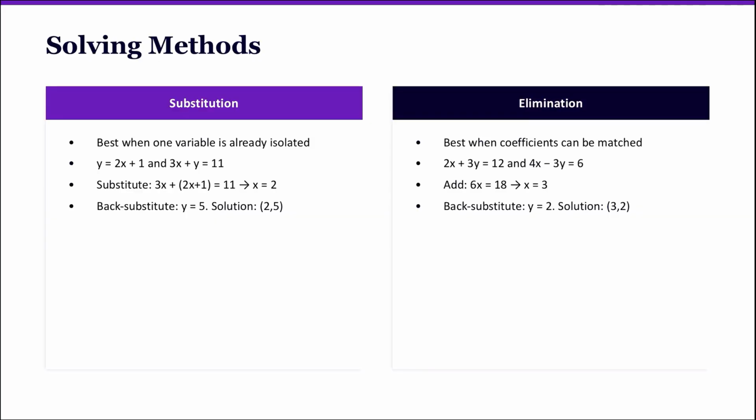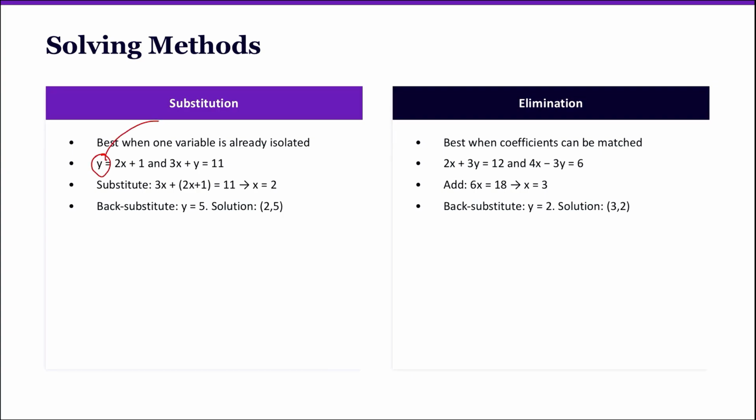First things first, how do we solve systems of linear equations? There are two methods. The first one, substitution, is usually used when one variable is already isolated. For example, if you already know y is equal to 2x plus 1, and you have another equation, 3x plus y is equal to 11, then in the first equation, you can see that y is already isolated, which